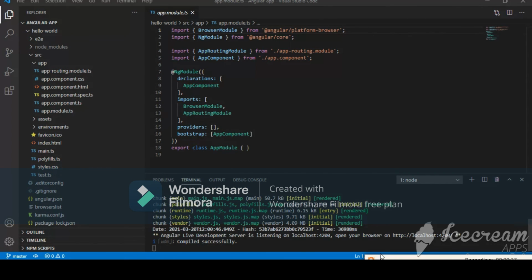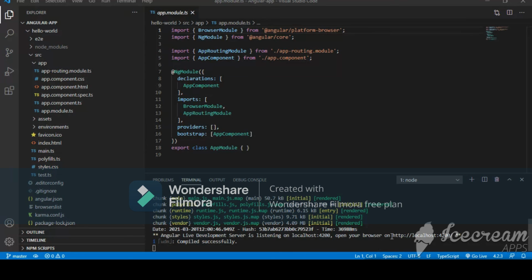So you'll find that the project has been compiled and you'll find the port number which is specified here, 4200. So our project is listening on localhost 4200.